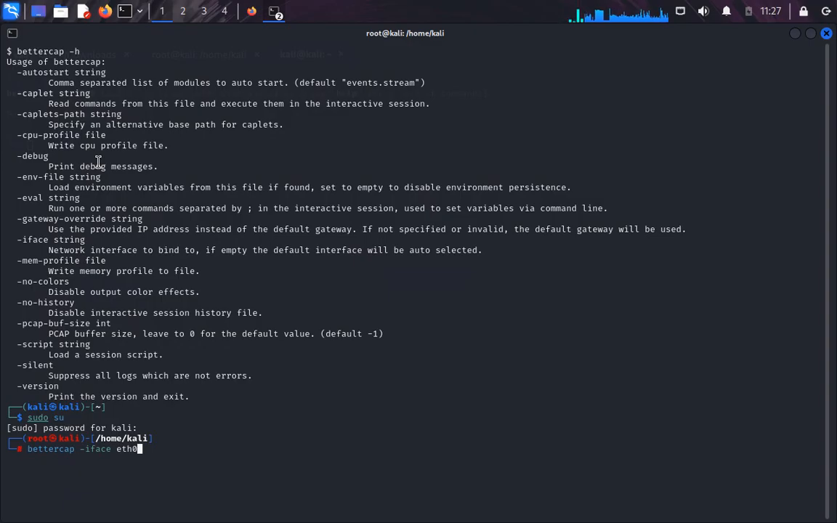Okay, so now to start up your usage, first thing we're going to type is our BetterCap. Let's get sudo permission, super user permission first, so it makes it easy for us. See my password, and BetterCap